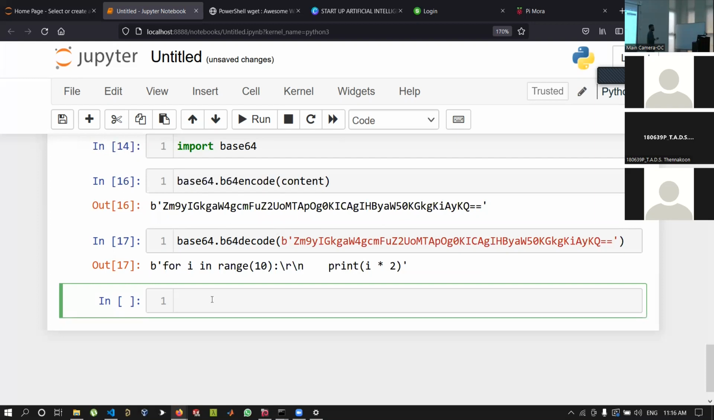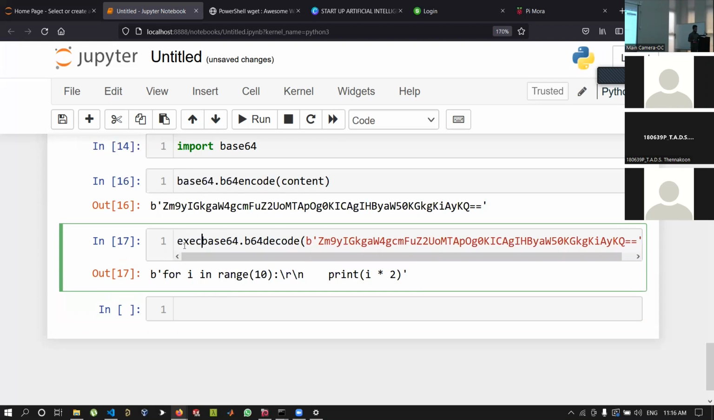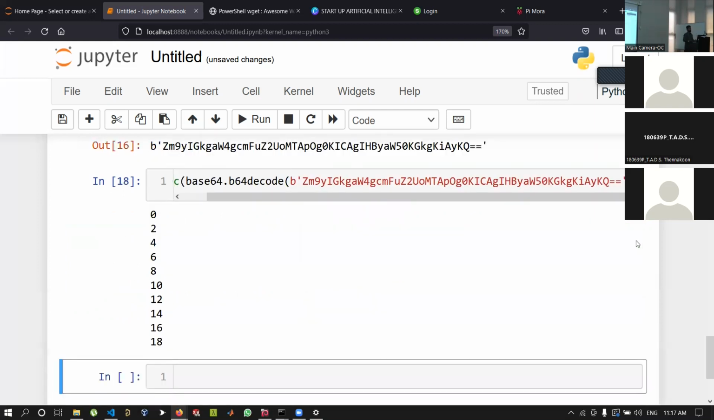How to do that? First, you have to convert that back to original characters. Then what? Exec, right? Then I would say exec, okay, decode it with the string. Then next,